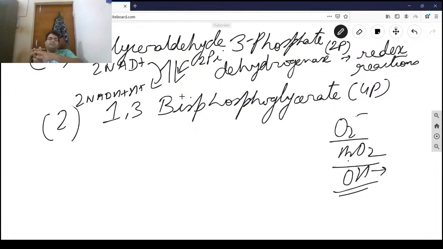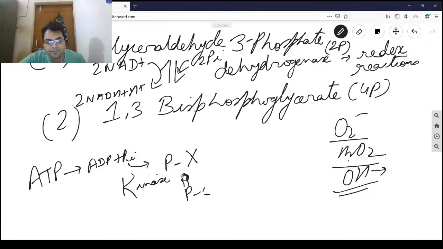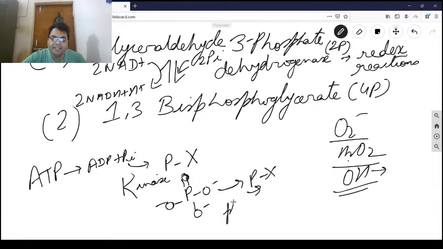And when PI molecules get attached by themselves, not via ATP, there is a very distinct thing in biochemistry. Understand it. If from ATP, it is broken down to ADP and PI is used, and then that PI is transferred to some molecule, suppose molecule X is phosphorylated, this will be done by an enzyme known as kinase. But if a simple phosphate group, PI, in the cytosol is attached to a molecule X, this is done by the enzyme phosphorylases. This is a phosphorylase